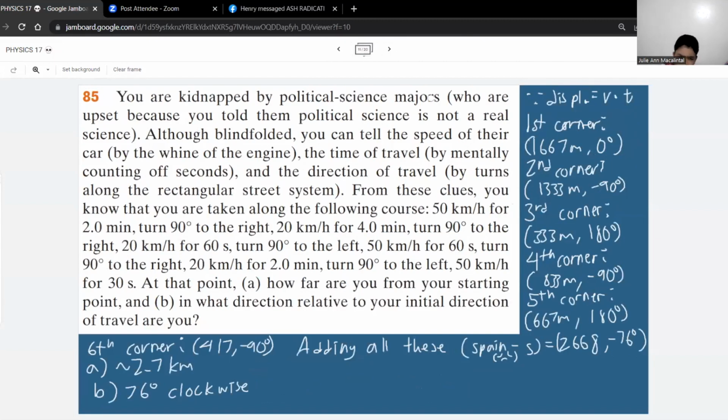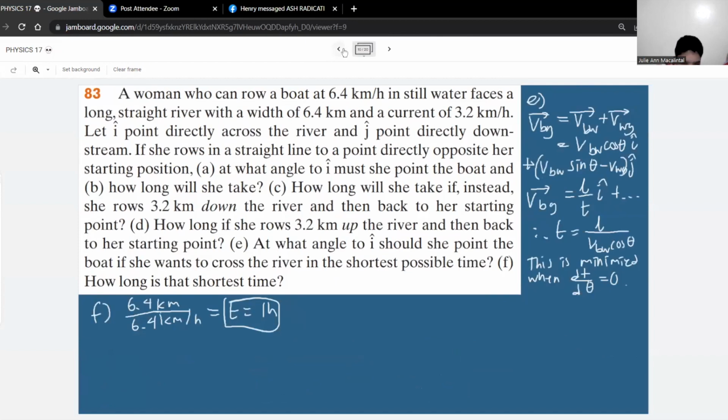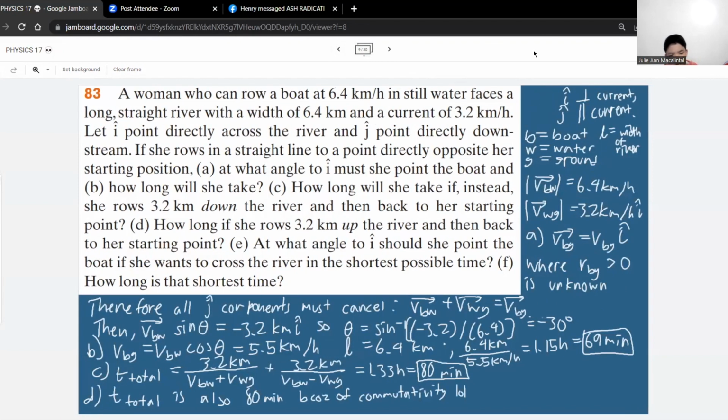So how long will, how far are you from your starting? So how long will, yung sa A, balik tayo sa one page para makita ko lang yung how long will it take. Pag nakuha na kasi yung speed 5.5, distance divided by speed. So 6.4 divided by 5.5 kilometers per hour. Ayun. So that's B. Yung C,